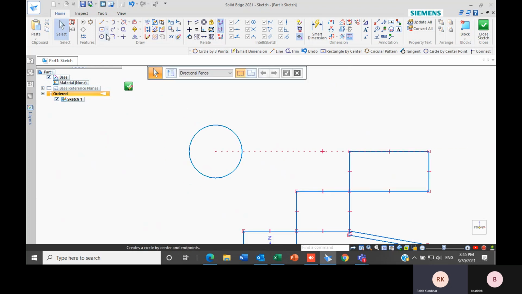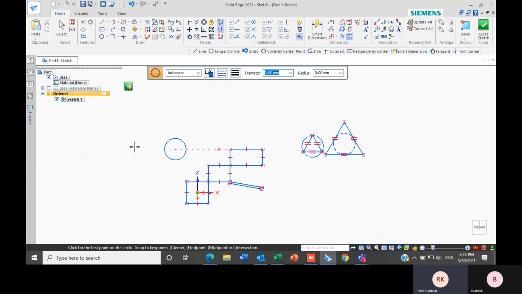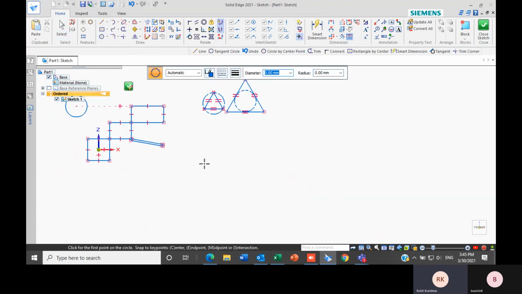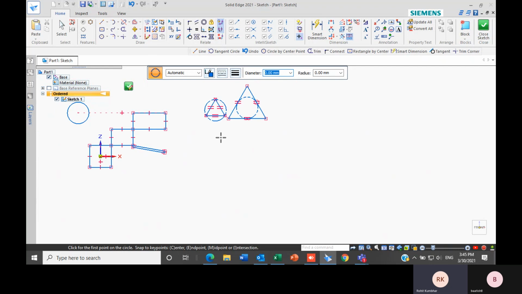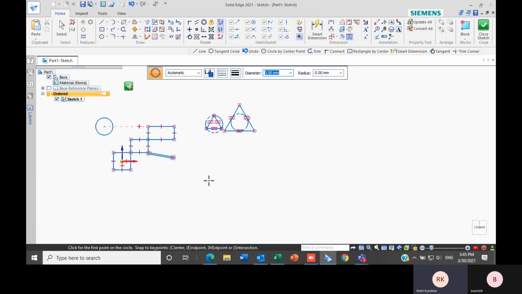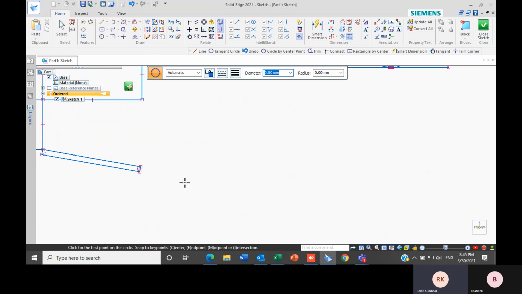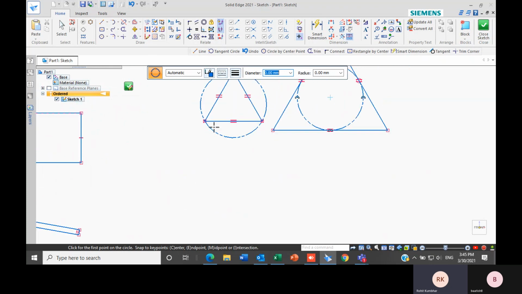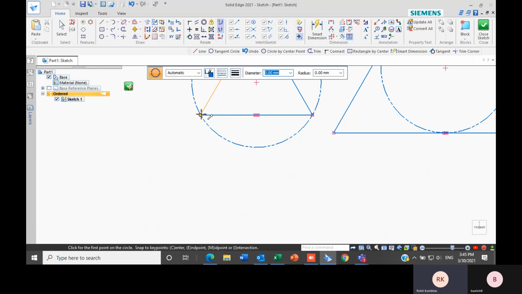Our next option is circle by 3 points. In circle by 3 points, we have to specify 2 points on the circle, and then we have to give the input of the diameter of that circle. Let's say this is my first point of the circle, and this is my second point, which I want to keep on the circle.